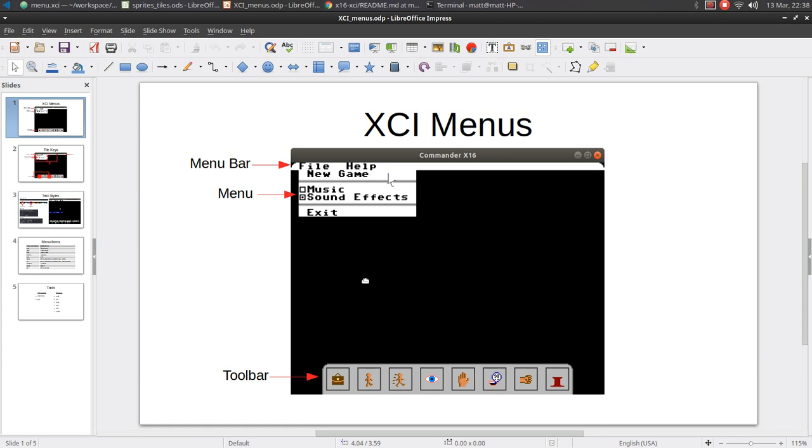Now, like a lot of games, you're going to want to have a menu. XCI forces you to have this menu bar up at the top because you need to be able to at least start a new game. Nothing works unless you have a menu and have an option in that menu to start the new game to actually get going. So we're going to talk about all the different components of the menu, how the menu file configuration works, and just take the template that comes with the XCI